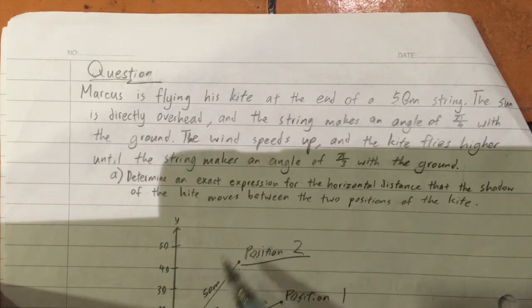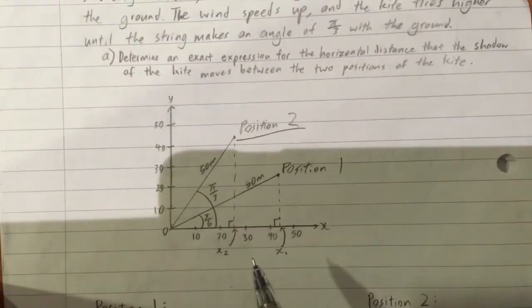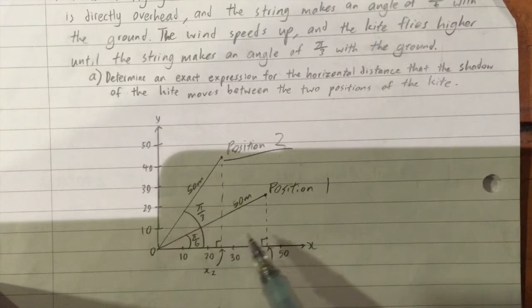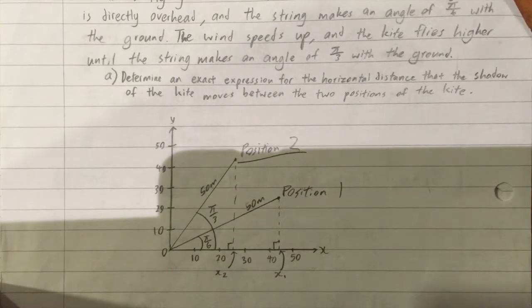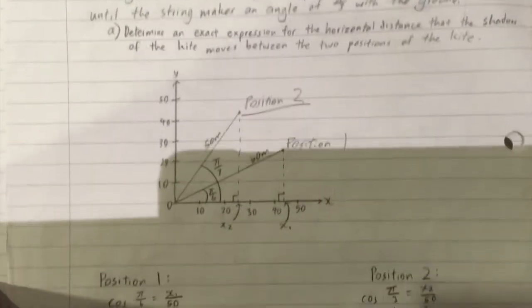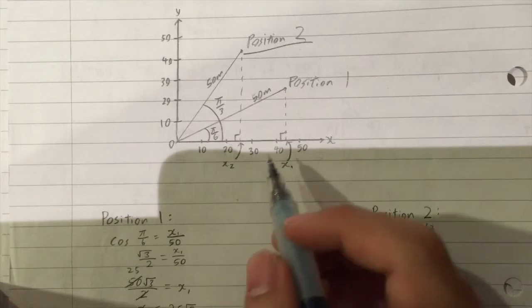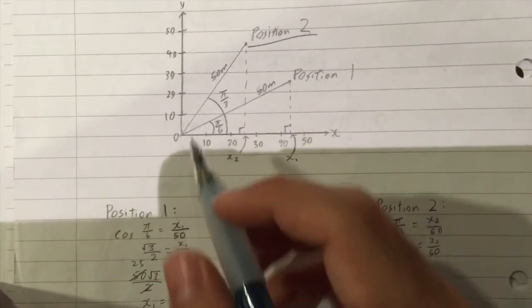In this question, we have to sketch out a diagram to show the changes of the distance. In this diagram, pi over 6 is position 1 and pi over 3 is position 2. First, we must calculate the x of position 1. In position 1,